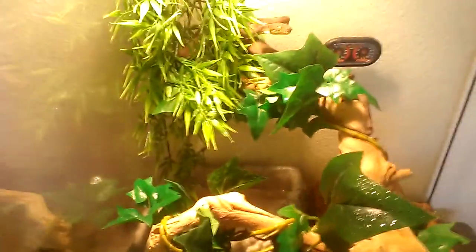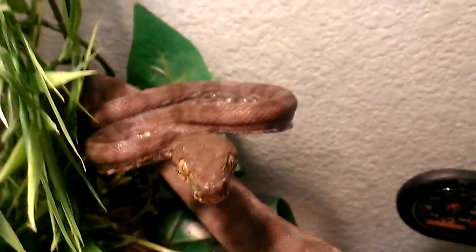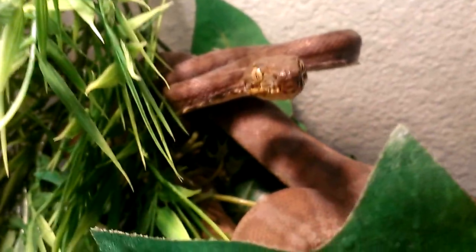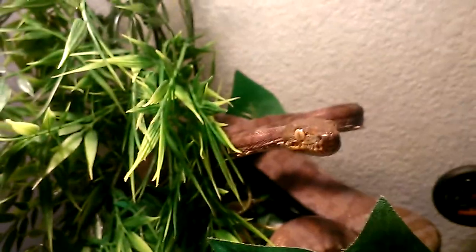Another new addition would be my Amazon tree boa. Her name's Athena, and she's a garden phase. She might strike the camera, so don't be alarmed. She's relatively calm for a tree boa, considering, but I just don't like getting bit, so I don't handle her too much. Yeah, see, I just touched her tail, and she's gonna... Anyways...